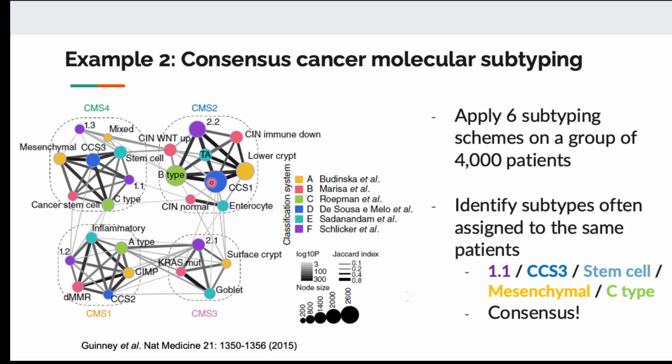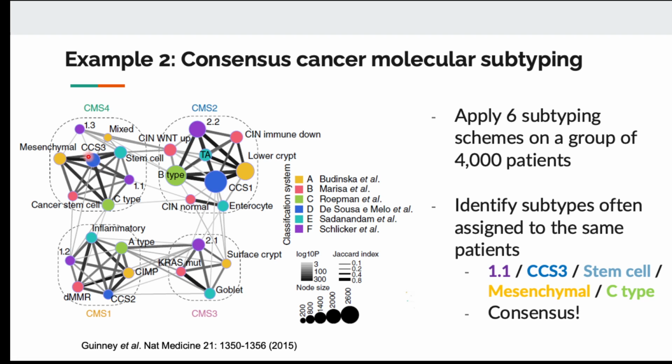So this patient, if they go to hospital number 1, then he or she will be called mesenchymal. If you take the same transcriptomic profile for the same patient, go to hospital number 2, that patient is called cancer stem cell. If you take the same transcriptomic profile and go to hospital number 3, that patient is called C-type. So by doing this, you can identify that, wait, if I look at the same patient, hospital number 1 calls that patient mesenchymal, hospital number 2 calls them cancer stem cell, hospital number 3 calls them C-type,